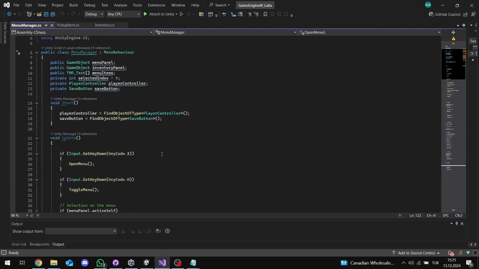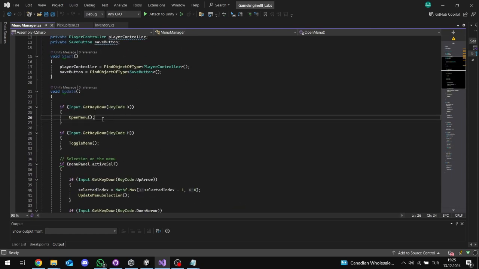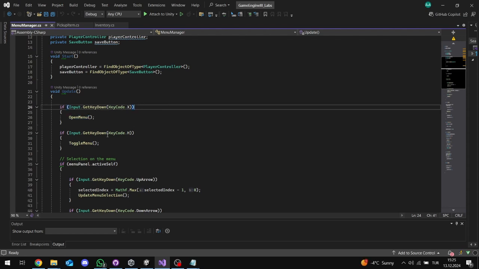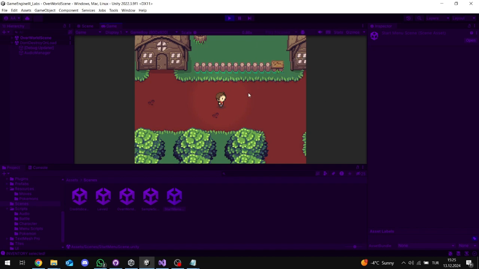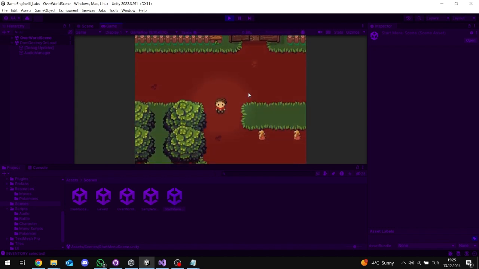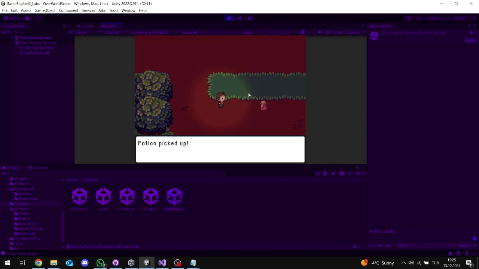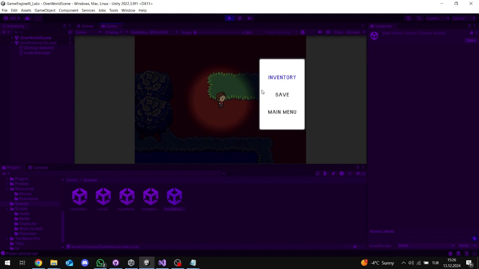Also, when you are in the inventory, you can turn off the inventory menu and switch to the menu. So let's take a look. When we click inventory, there is inventory selected, but there is no item there. We picked up the item here, and when we click inventory, we are able to